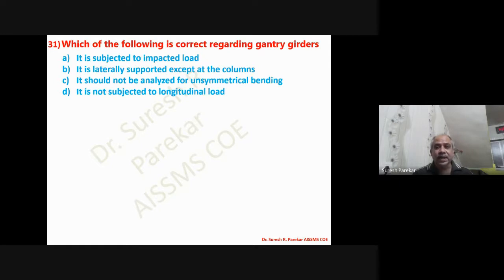Which of the following is correct regarding gantry girders? It is subjected to impact load. Then, it is laterally supported except at the columns. It should not be analyzed for unsymmetrical bending, and it is not subjected to longitudinal loads. So A is correct, it is subjected to impact loads. It is laterally supported except at the columns: this is also not always true. It should not be analyzed: it is also analyzed for unsymmetrical bending, because we have the channel on the compression flange, and